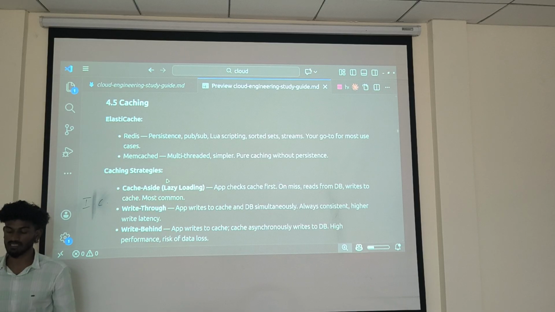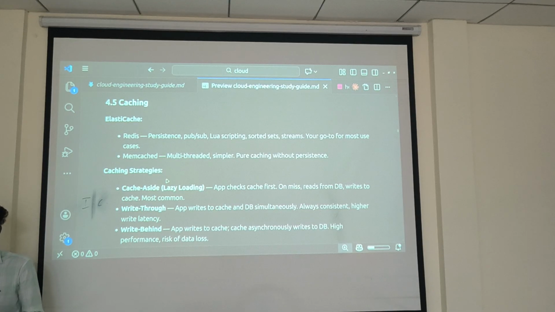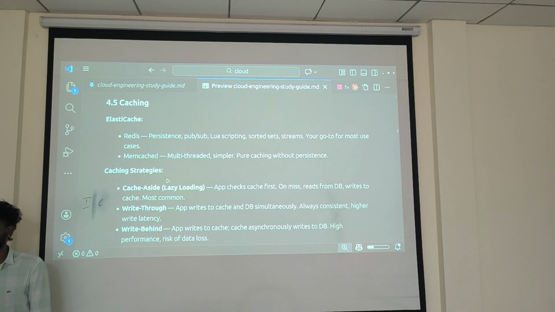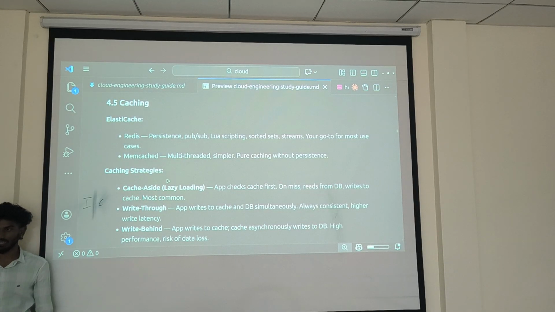There are two kinds of caches. Some you can do locally. Another is you can keep it in a particular place, like a kind of database. That is also another tool. You can store key and value pairs, like this user ID and this entire user data. While accessing, it will be faster. There are two options: you can directly use the Redis provided by the cloud providers.